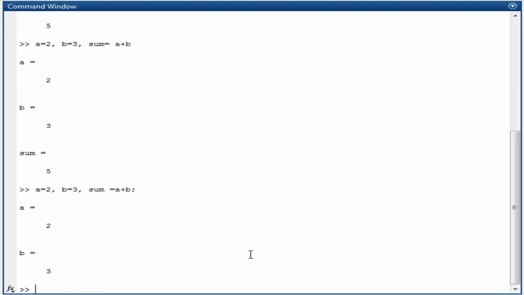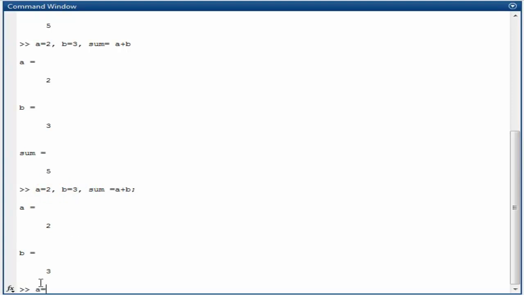As you see, I only put the semicolon at the end of sum, so the output of the other two commands is not suppressed. To suppress the output of these two commands, I have to put a semicolon after these two commands also.